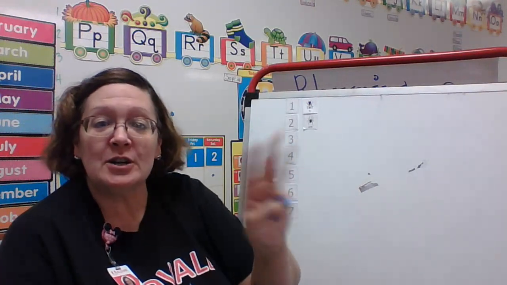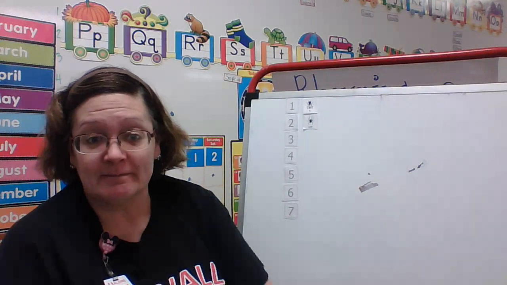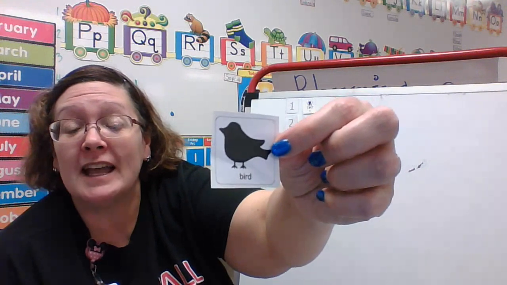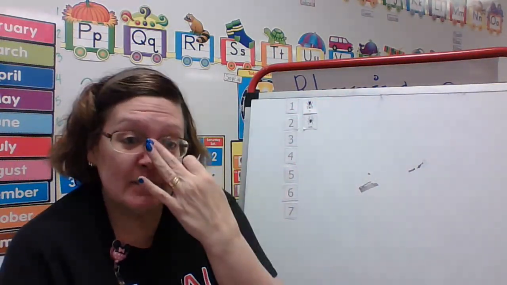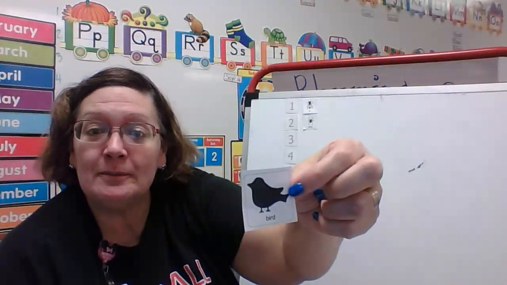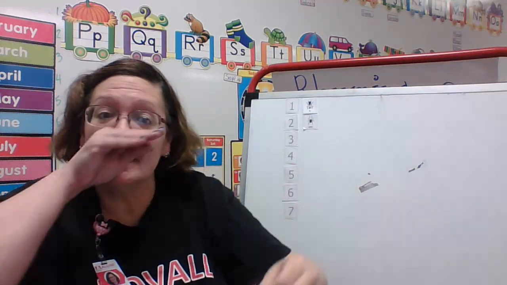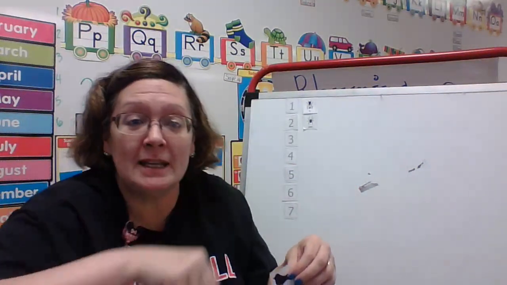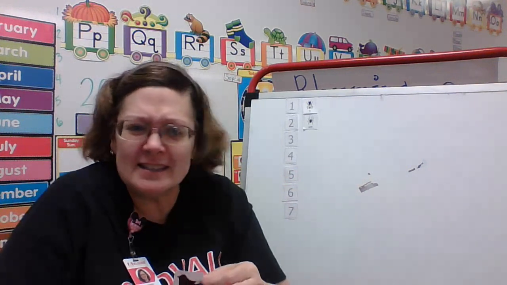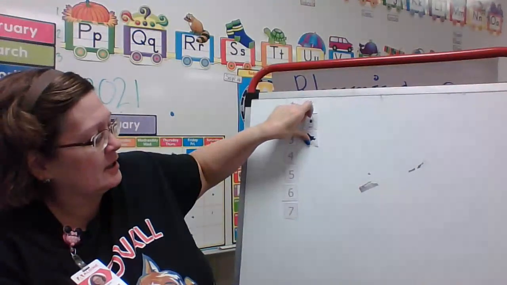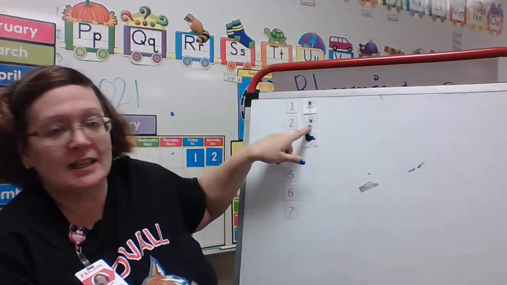So, number 3, what was the 3rd animal she ate? I know it's kind of weird, but it makes a fun story. There was an old lady who swallowed a bird. We talked about birds today in our animal group. Birds have how many legs? 2. And what is their body covering? Feathers. And what did they use to move around? Their wings. And their face, they have a what? A beak. And they peck at their food. All these things we've learned about animals. You're so smart. So the 3rd animal was a bird. She swallowed the bird to eat the spider.